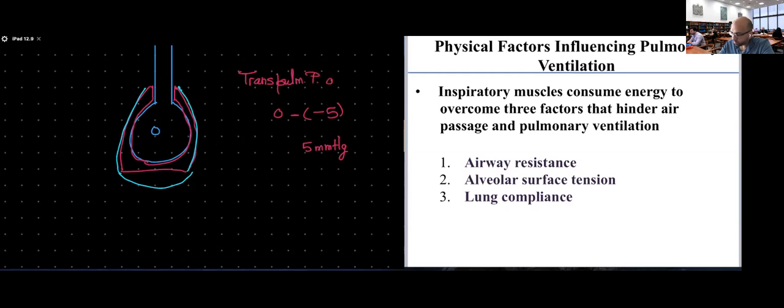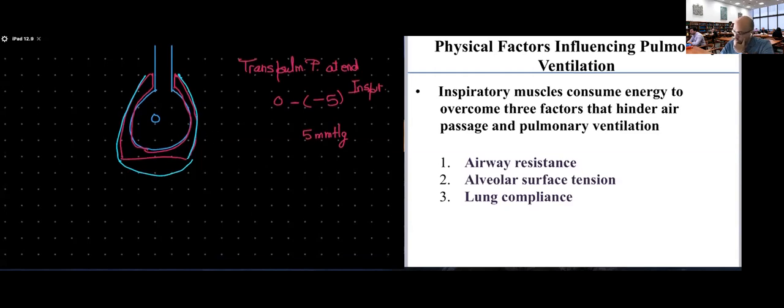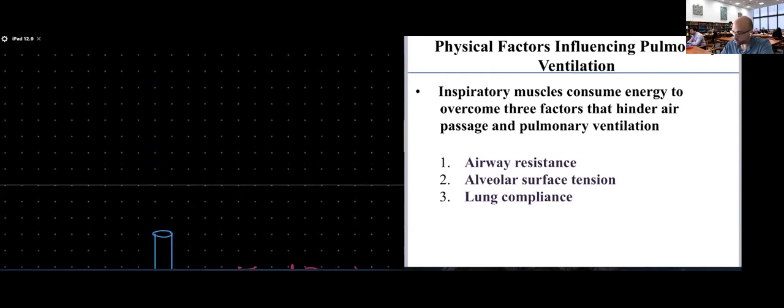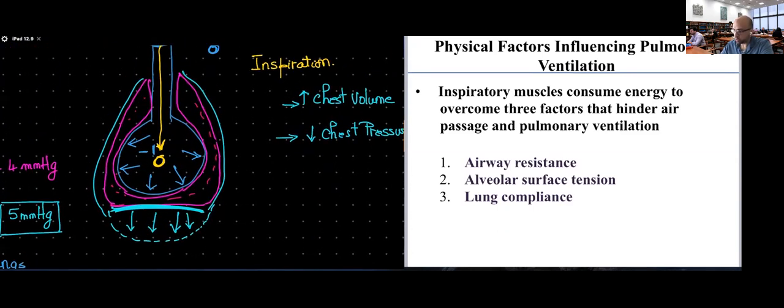at the end of inspiration. Intrapleural pressure is -5. Transpulmonary pressure, the effective pressure that keeps my lungs inflated, is 5 millimeter mercury. All this is what happened during inspiration. You see on here,